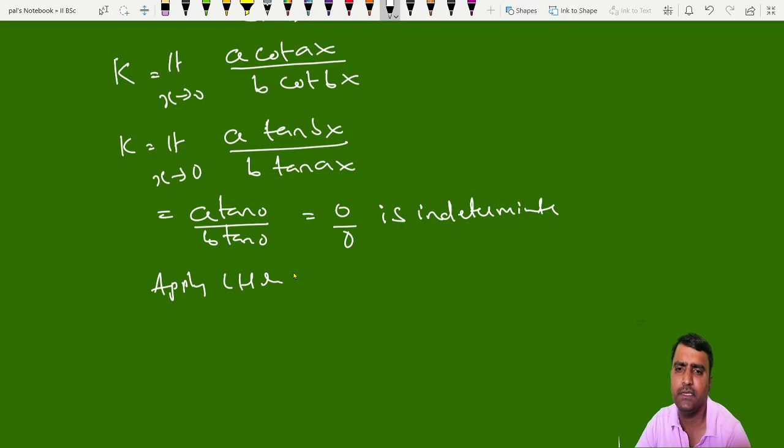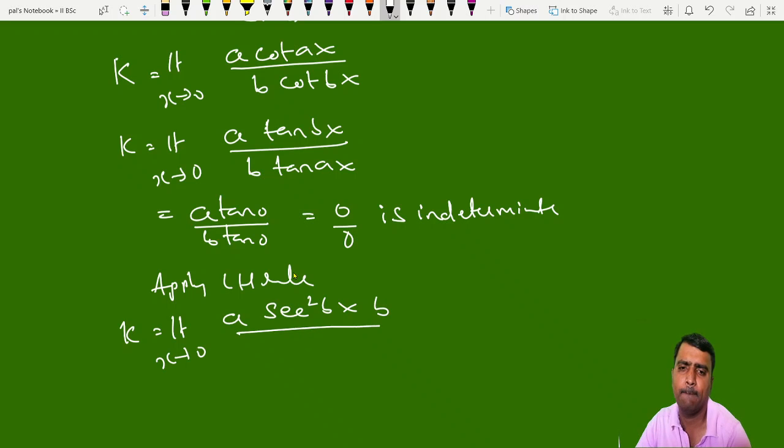Apply L'Hospital rule. So then k is equal to limit x tends to 0, a into differentiation of tan bx, which is secant square bx into b, divided by b into differentiation of tan ax, which is secant square ax into a. Here we can cancel: b cancels with b and a cancels with a, and to the remaining one